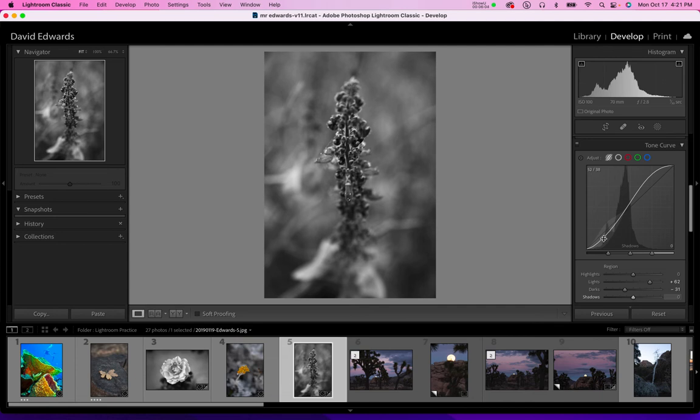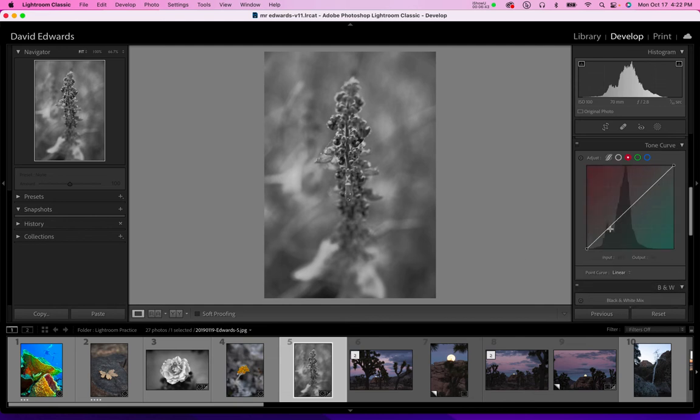If I wanted it lower contrast, I could raise the blacks to go more light gray, and I could take the whites and bring those down, make them lighter. And play with that tone curve. So bring the tone curve to a point that you are happy with the contrast in the image, and it looks semi like a straight photography photograph. Now it's not, because I have these blurry backgrounds, but